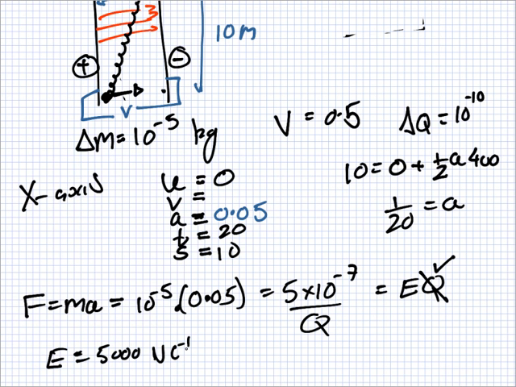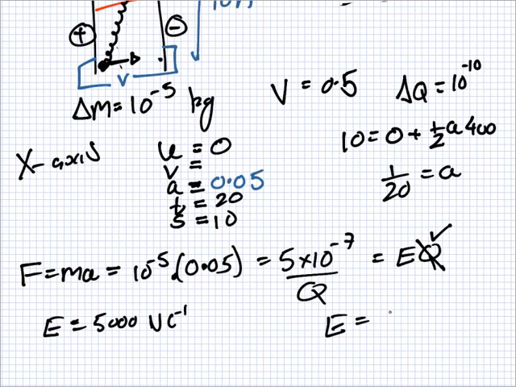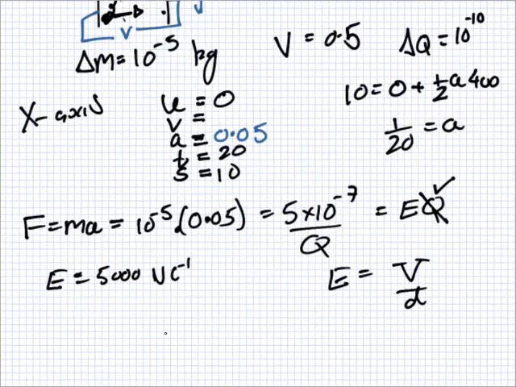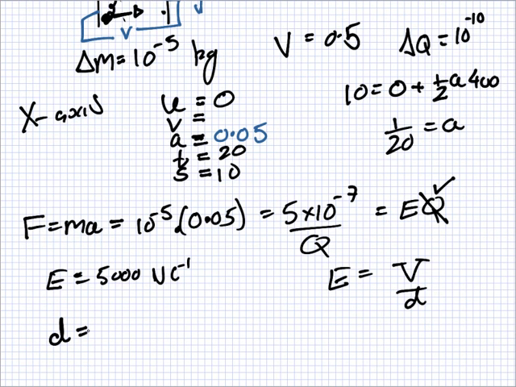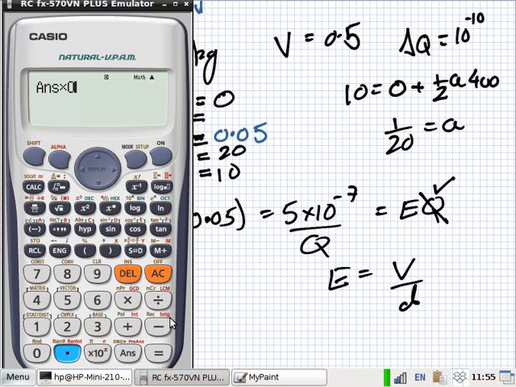Fine, I have the E, but I still don't have the voltage. But then I remember I have the formula E equals V over D. That's right, isn't it? I have the E and I want the V. So V equals ED. And the D, what did I say? How wide is it? I forget now. 10 centimeters, or 30 centimeters, sorry. So if I multiply this by 30,